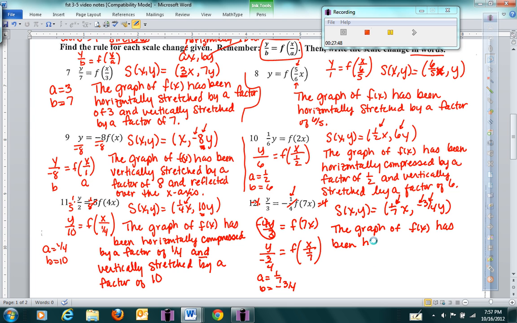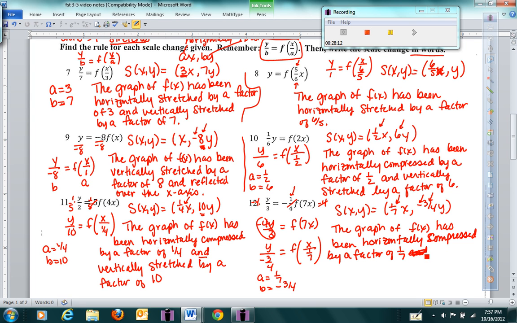So horizontally, stretched, oops, it won't be stretched, it'll be what? Compressed by a factor of 1/7,